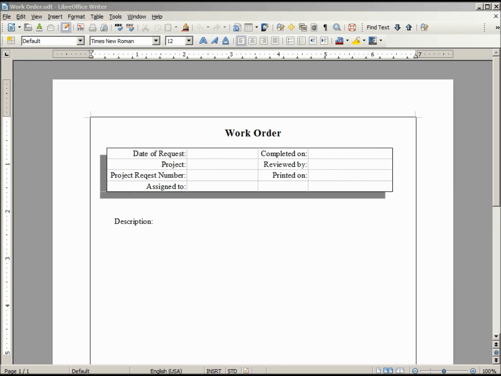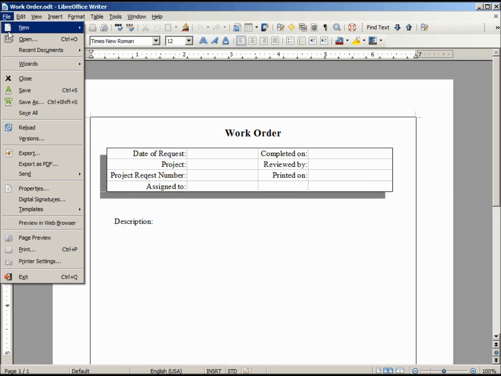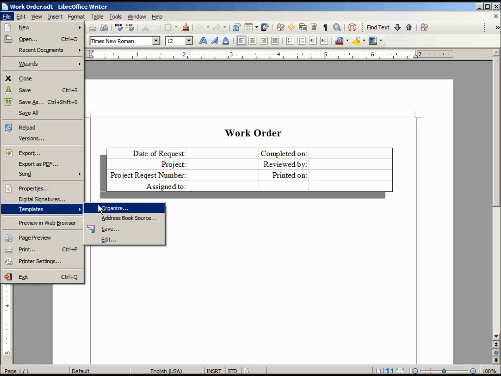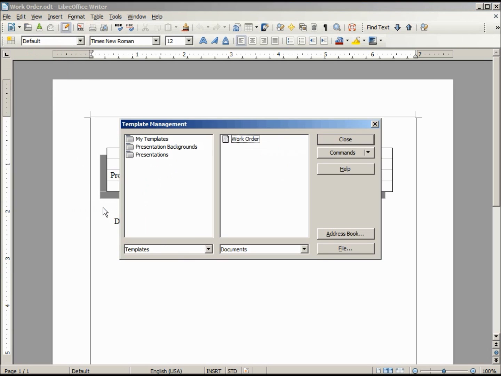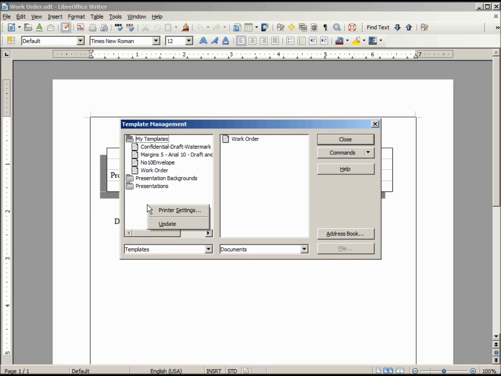We may want to organize our templates folders. To do that, we go to File, Templates, Organize, and we've got a lot in our templates folder. We want to add a new one. If I click in this white space, it doesn't allow it.